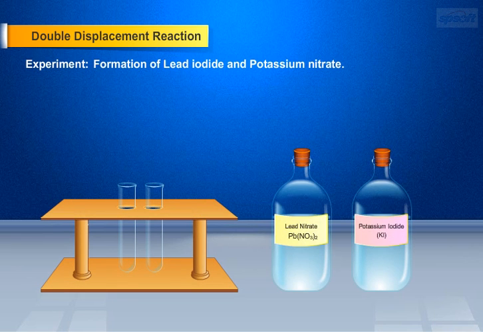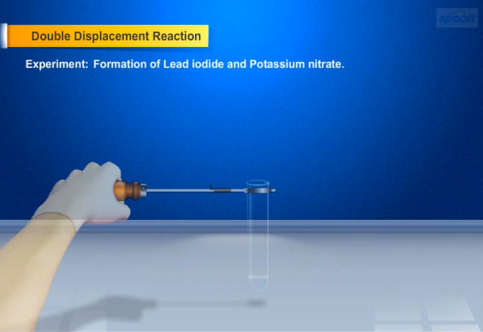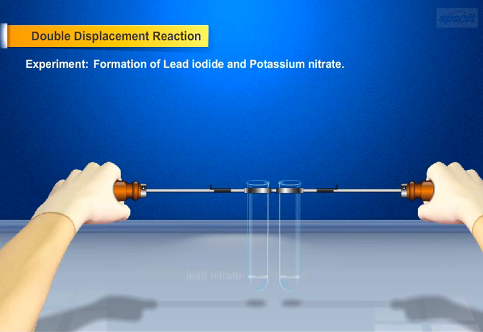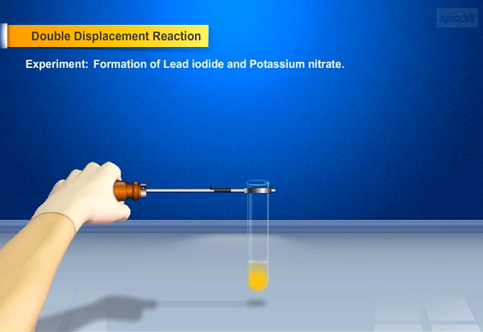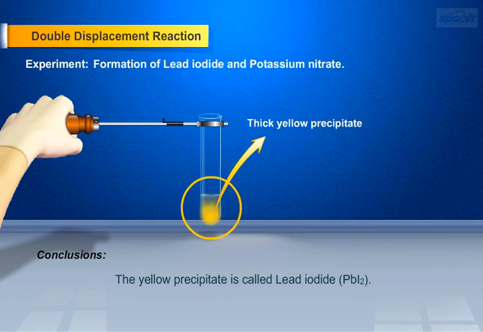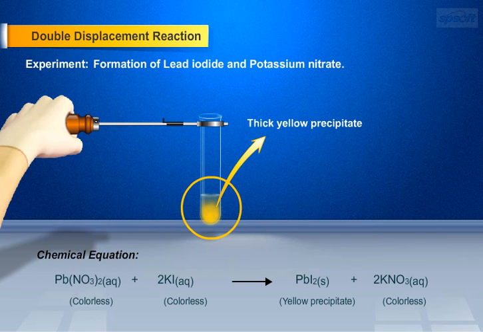Chemicals required are lead nitrate and potassium iodide. A precaution to be followed during the experiment is: add potassium iodide solution slowly to lead nitrate solution. Let's do the experiment. Take one test tube with 3 ml of lead nitrate solution. Take one test tube with 3 ml of potassium iodide solution. Mix the two solutions slowly. What do you observe? As soon as lead nitrate is mixed with potassium iodide solution, a thick yellow precipitate is formed, which settles down at the bottom of the test tube. The conclusion of this experiment is: the yellow precipitate is called lead iodide. The chemical equation of this reaction is: